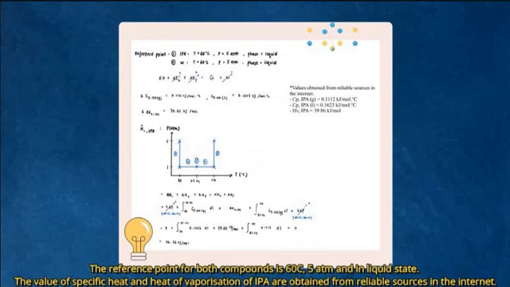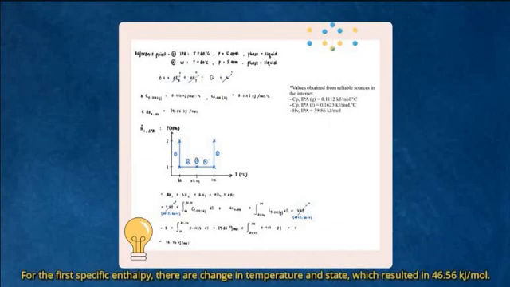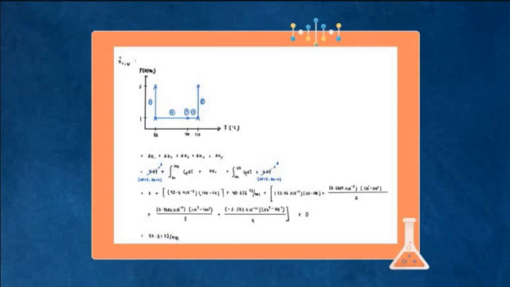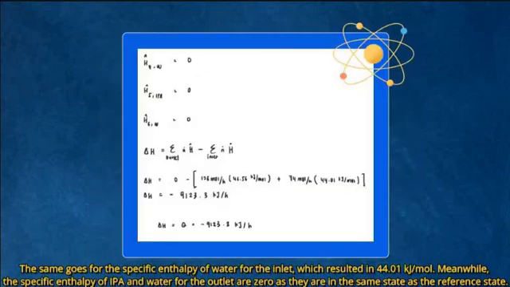The values of specific heat and heat of vaporization of IPA are obtained from reliable sources on the internet. For the first specific enthalpy, there are changes in temperature and state, which resulted in 46.56 kJ per mole. The same goes for the specific enthalpy of water in the inlet, which resulted in 44.01 kJ per mole. Meanwhile, the specific enthalpy of water and IPA for the outlet are 0 as they are in the same state